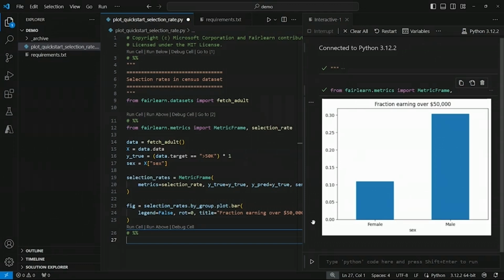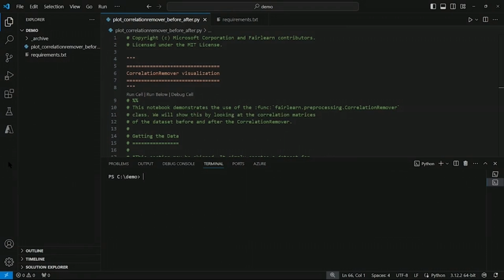So overall, the significance of using tools like fairlearn is to first identify such disparities through metrics like selection rate, and then apply mitigation strategies to ensure that machine learning models do not further these biases. In this demo, we'll reduce unwanted correlations with sensitive attributes like race to ensure that predictive models do not perpetuate or amplify biases present in the original data. Okay, so this code is actually a demonstration of how the correlation remover from the fairlearn library is used to mitigate the influence of sensitive features on other features within a dataset.